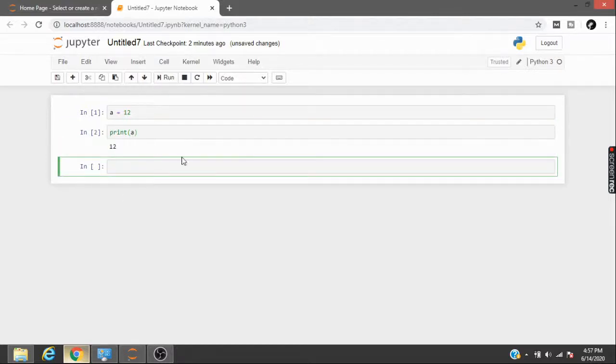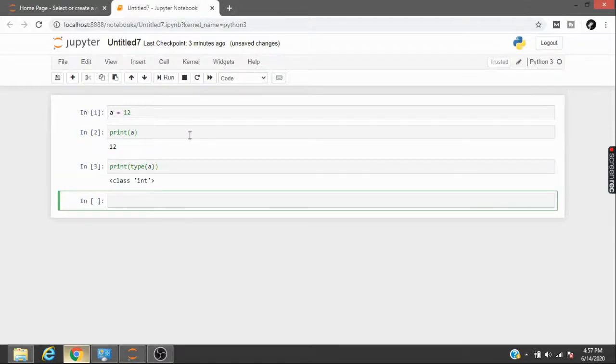The system now accepts a as 12. And if you want to see what type it is, you can simply type print, open bracket, type, and then a, and see what type it is. You can see the system has detected that a is an integer.